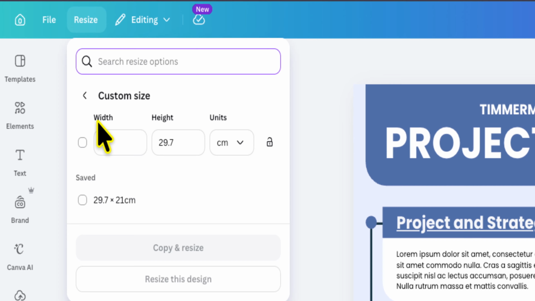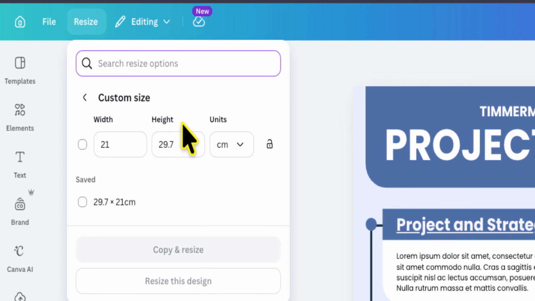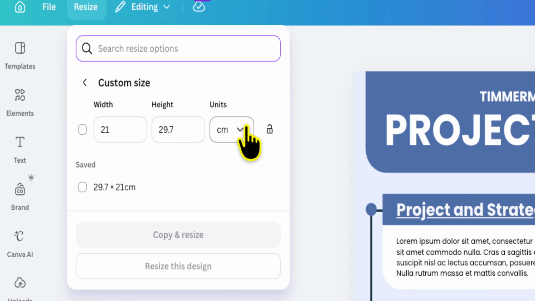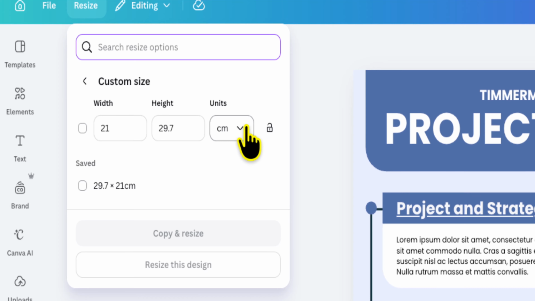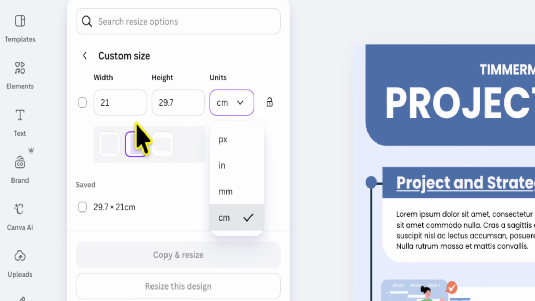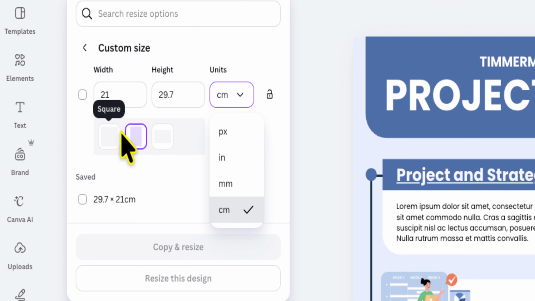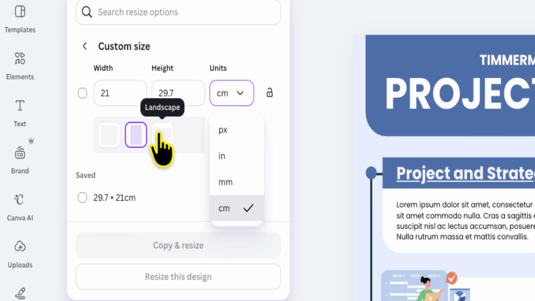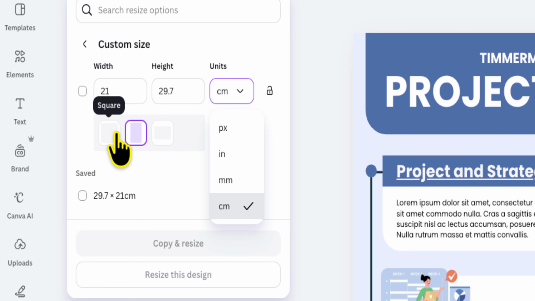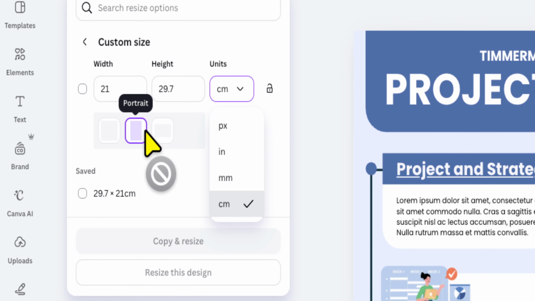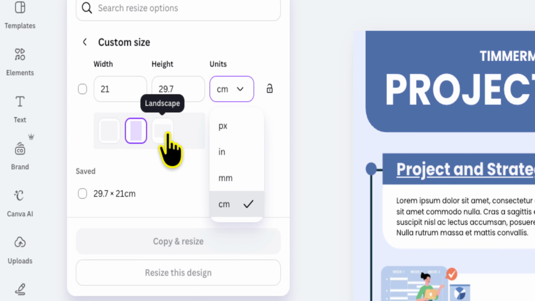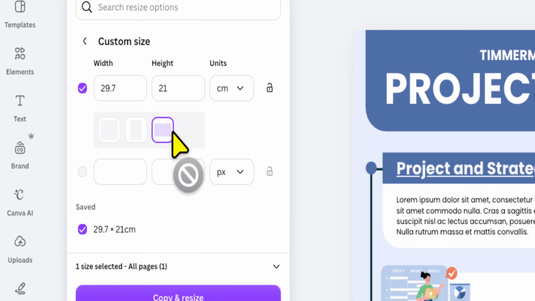you will have a width field, a height field, and a units drop down field. Click on the units drop down field, and there will be three formats, page format sizes that appear. You'll have a square page, you'll have your current portrait page, and there'll be a landscape option. All you need to do is click on landscape,